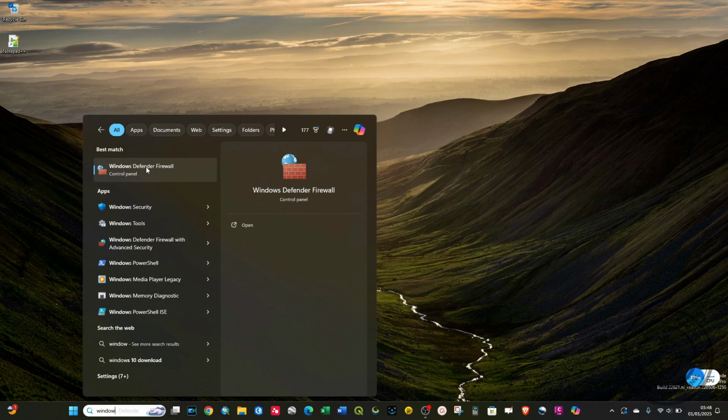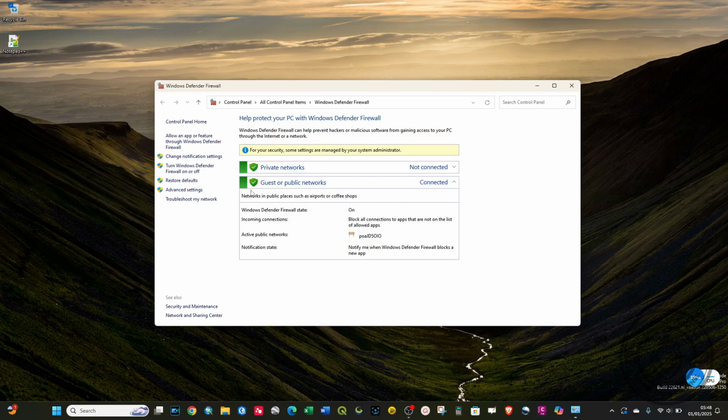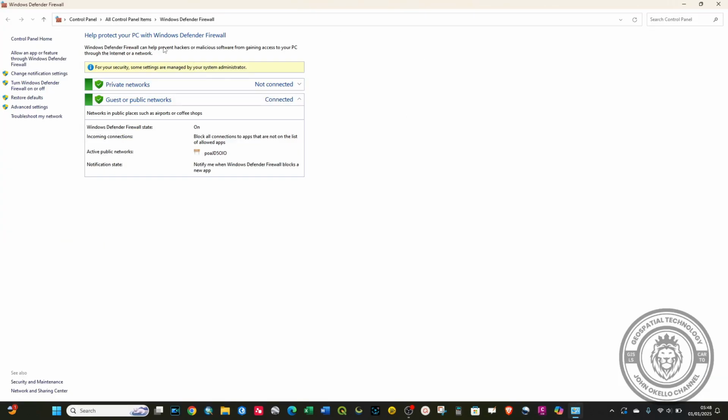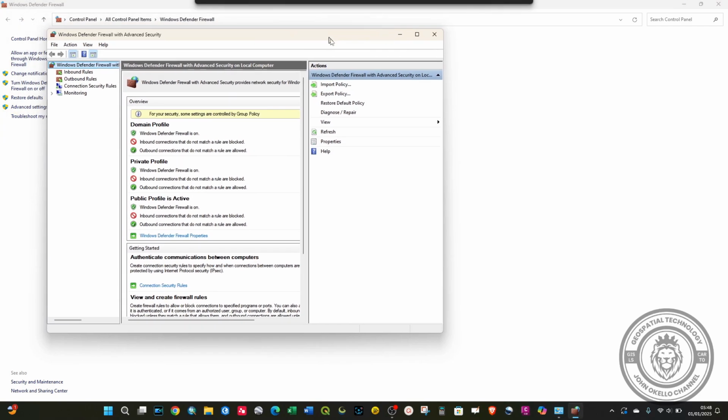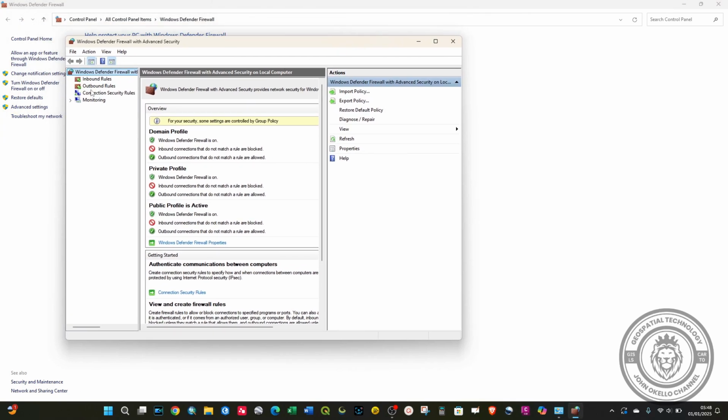and click on Windows Defender Firewall, just like that, and then you're going to come up with this kind of window. On your right hand side pane, select advanced settings, it's the second last. So just click on advanced settings, and then you click on the